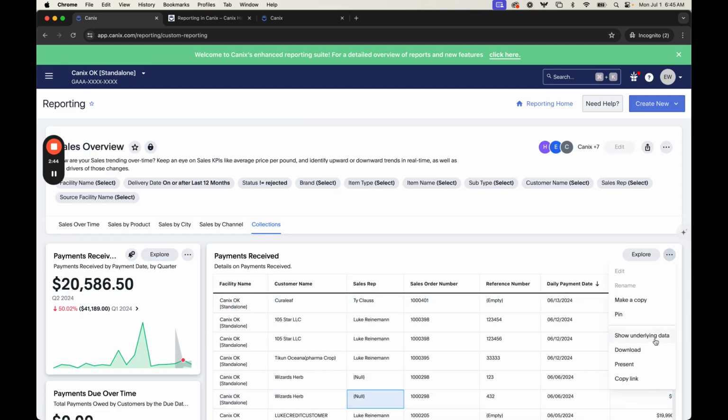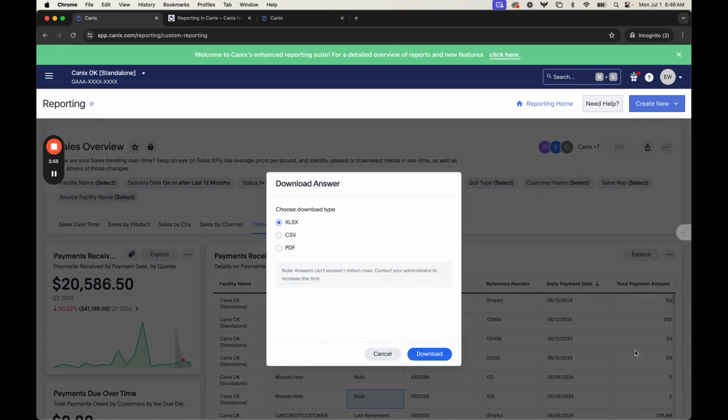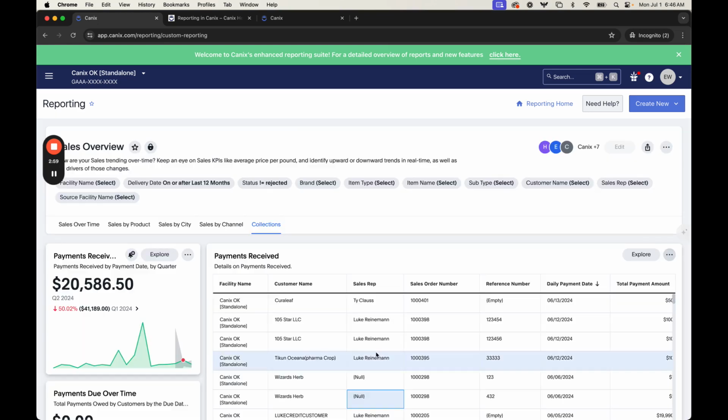All of these charts can download the underlying data, so if you want a full view of all of the data that's contributing to this table or that chart, you can download those individually, as well as download them as you had in the past based on those different types, PDF or Excel. There's also a new functionality for presentation mode, so this is helpful to be able to present each table or chart as its own slide